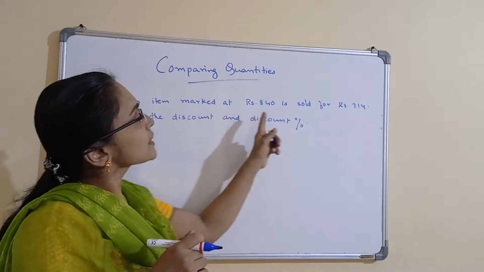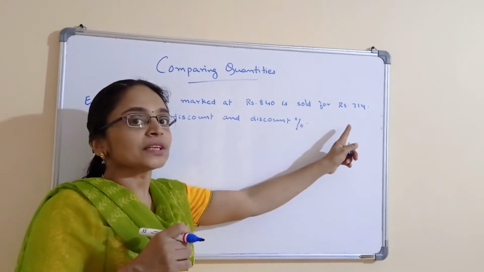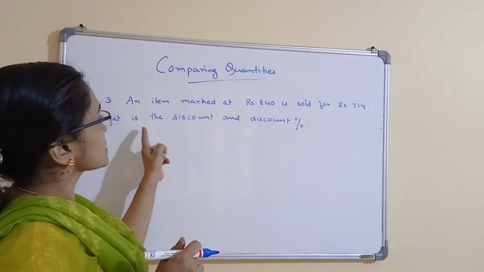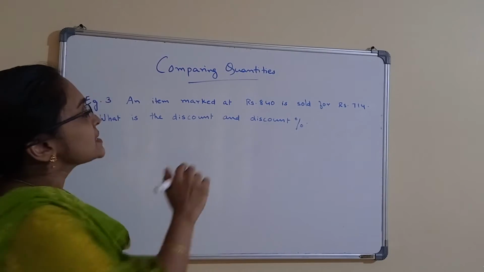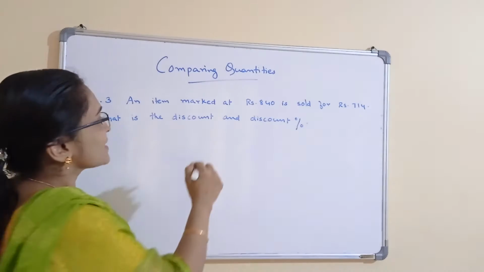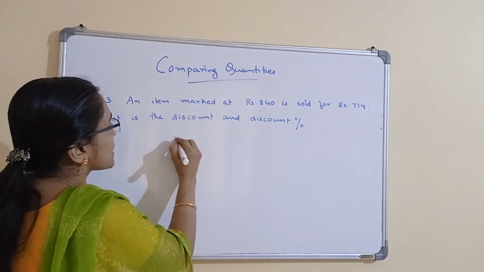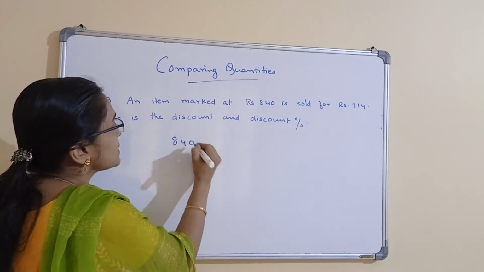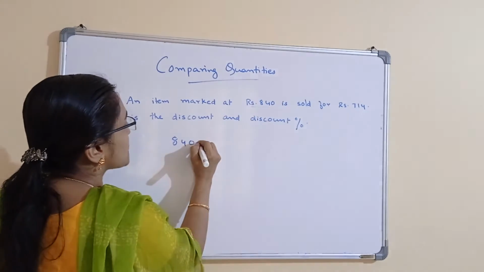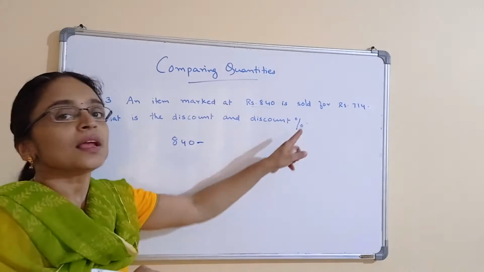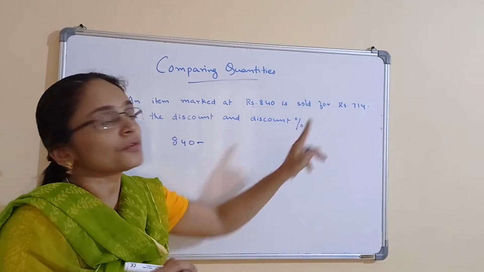An item marked at 840 rupees is sold for 714 rupees. What is the discount and discount percent? So, discount can be calculated as marked price minus selling price, right? And the marked price is marked at 840. Marked price is 840 and the selling price, that is sold for